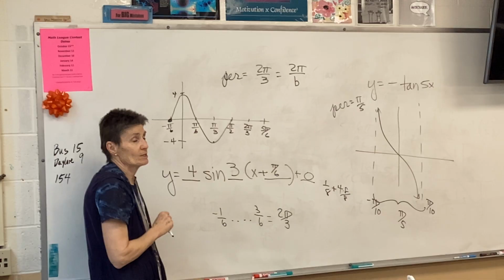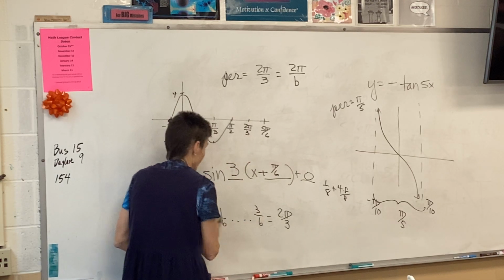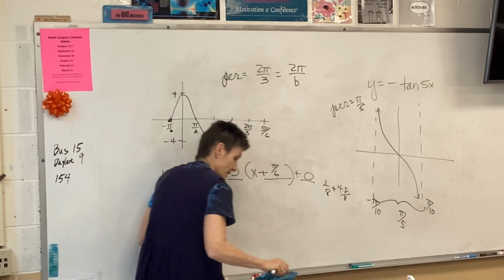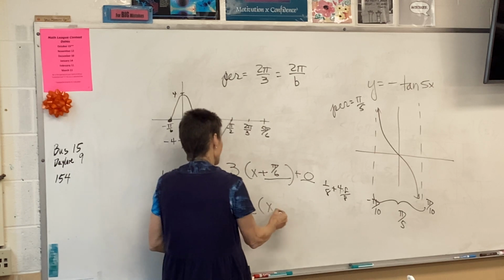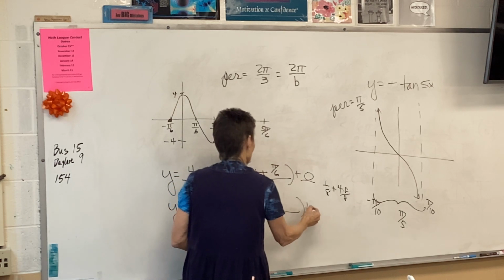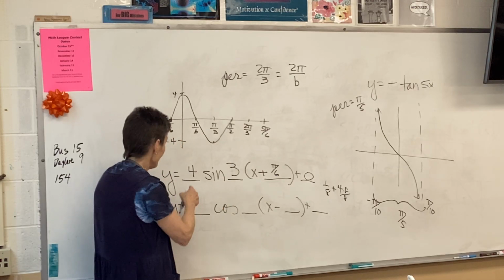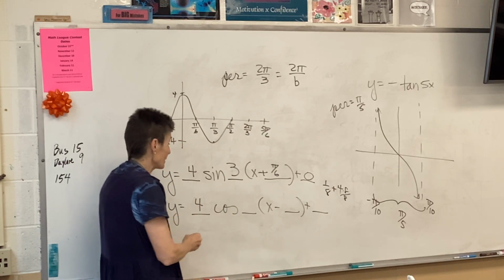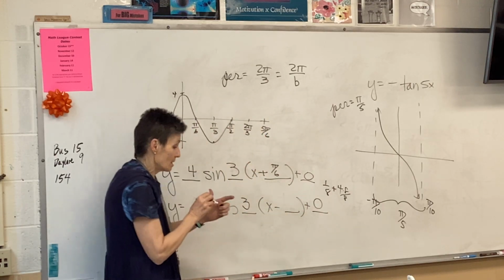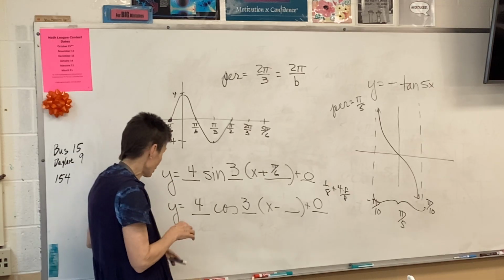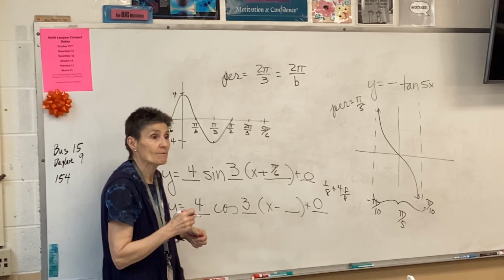So there's my sine equation. Now I need to write the cosine equation. I told you last time we did this, which is a while ago, that most of the equation isn't going to change. This is going to stay 4, this is going to stay 3, and that's going to stay 0. The only one that's going to change is your phase shift,